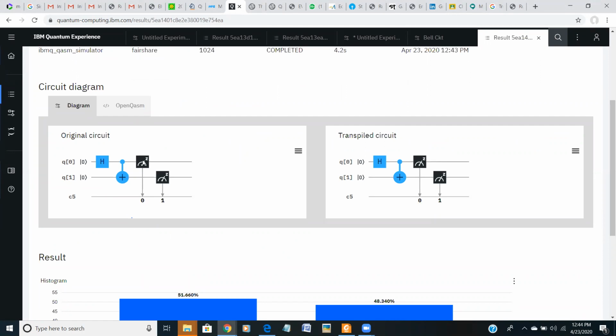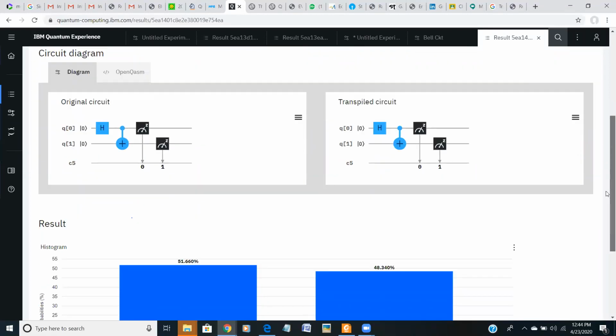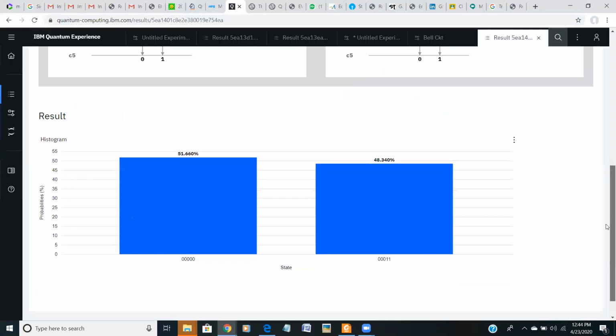You measure, and the measurements go to classical bit 0 and classical bit 1. So here is the thing experimentally. You know that 1 by root 2 is a 50% probability, but if there is noise, due to that noise it's not exactly 50%.